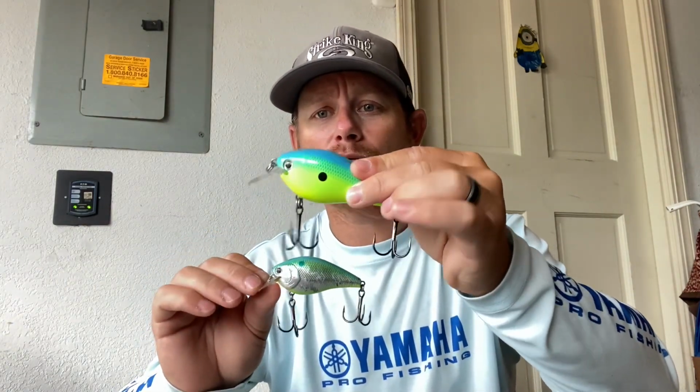And you can definitely tell the size difference in the squarebills. Do I throw an 8.0 every time I go out there? No. But right now is a great time to tie one on. And not just 8.0. There's a lot of different situations. That's what we're going to walk through today, is a couple different situations that I use these oversized crankbaits to